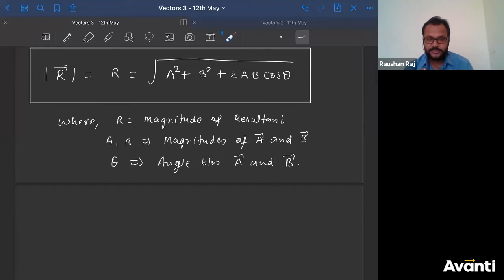That's a very good question, sir. Then few of you will say, sir, what will be the minimum value of R? Very good, I can also find that. Then you'll ask me, sir, what if theta is 0? Then also we can find the value of R. Then one more question will come, what if theta is 180 degree? Then one more in conclusion, what if theta is 90 degree? So these are the special cases, right? These are some pointers that you have to add here.